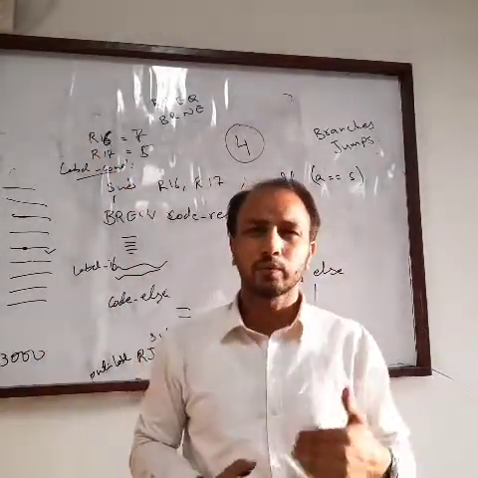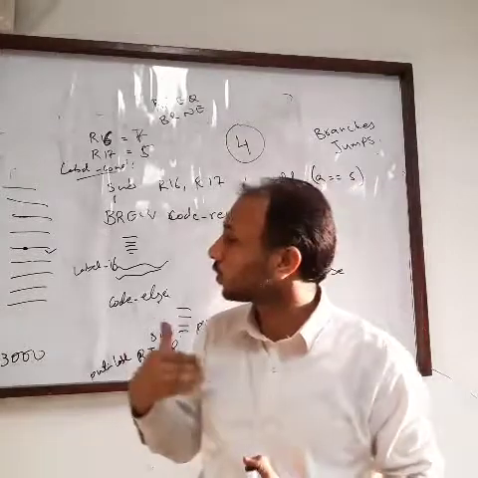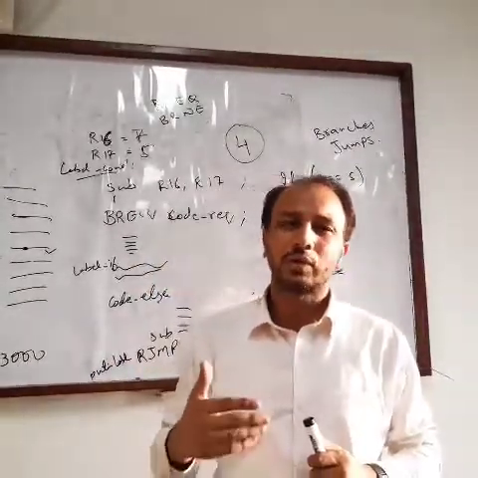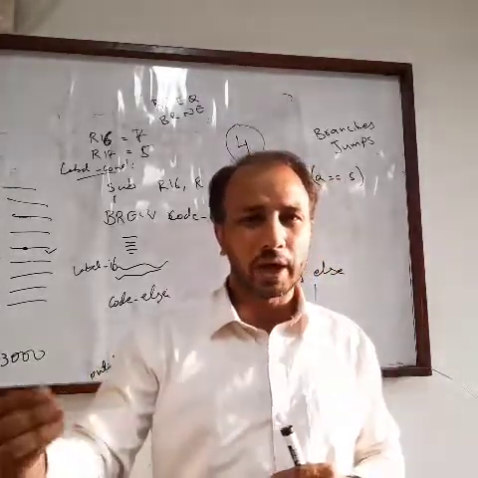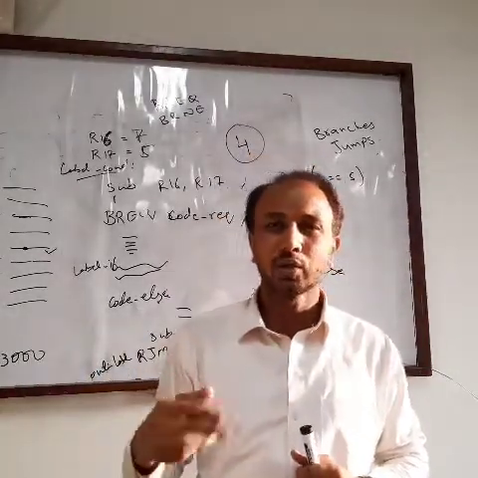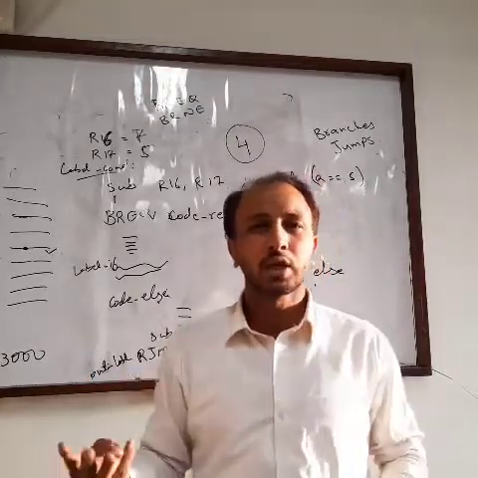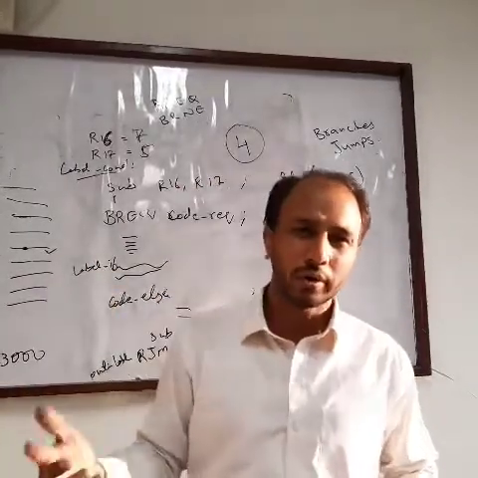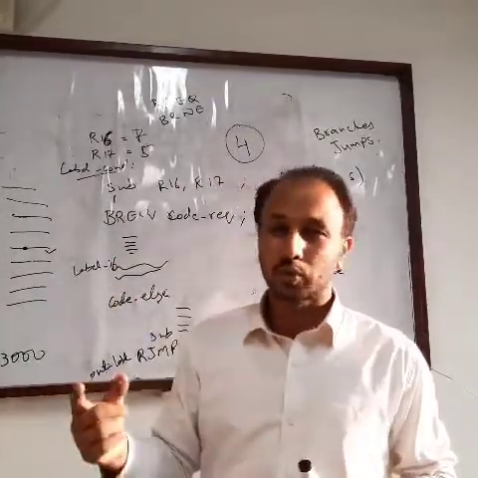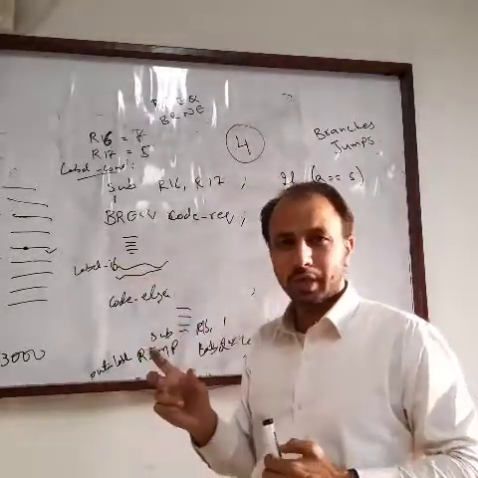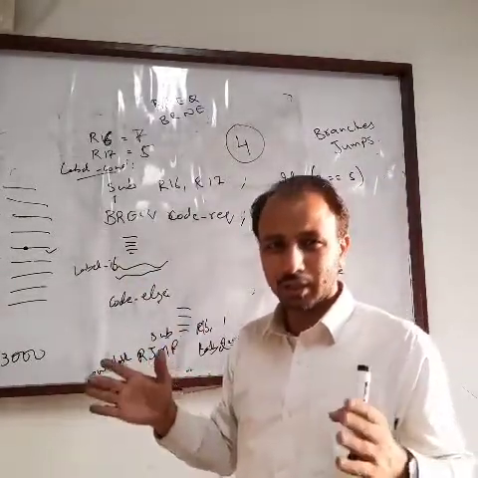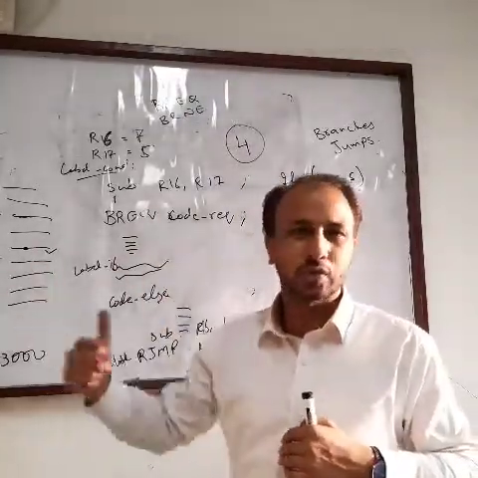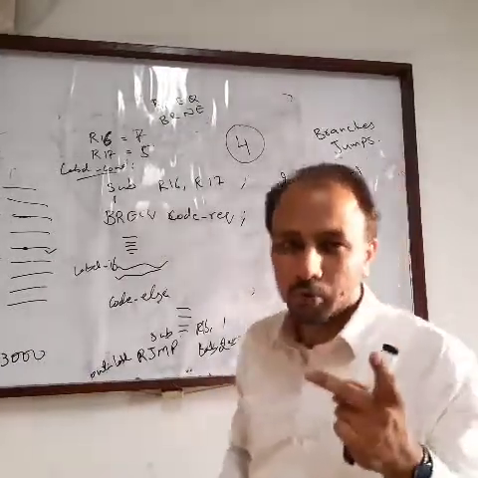We give it the absolute address that we want to go to, and it will go there. It's like this: if you are standing 3 kilometers before your university, someone says go 3 kilometers ahead and your university will come. You are just telling him 3 kilometers, a relative address. Otherwise you can say go to your university or go to your college, that is an absolute address. Jump instruction takes an absolute address. It is a bigger instruction as compared to RJMP, but its jump range is also bigger.